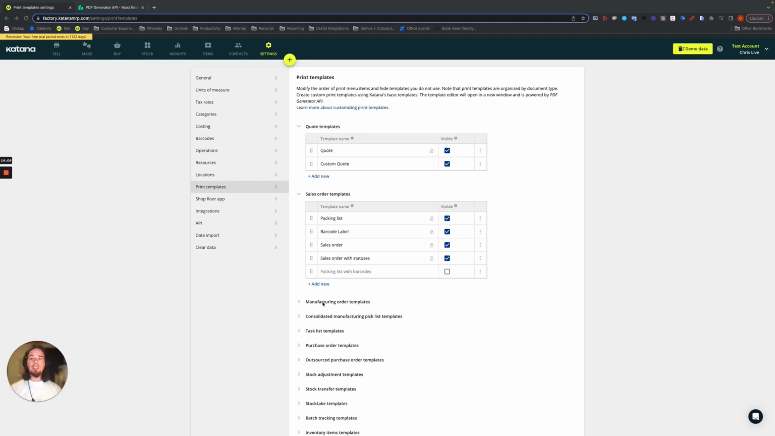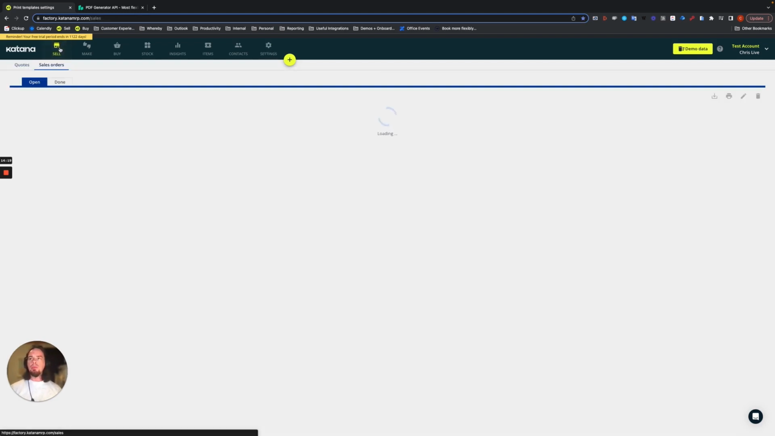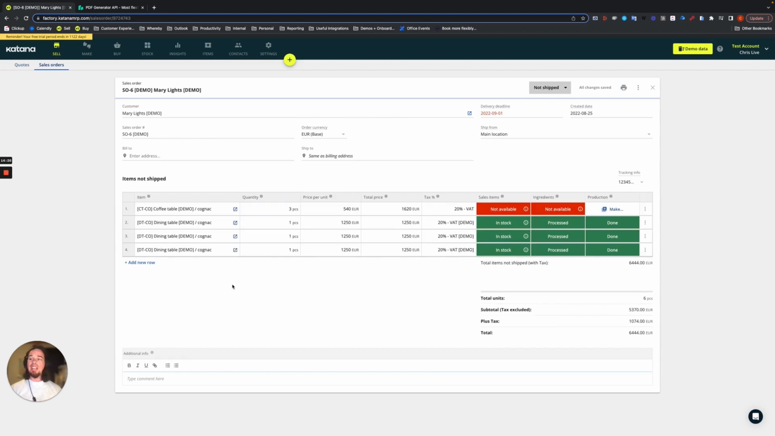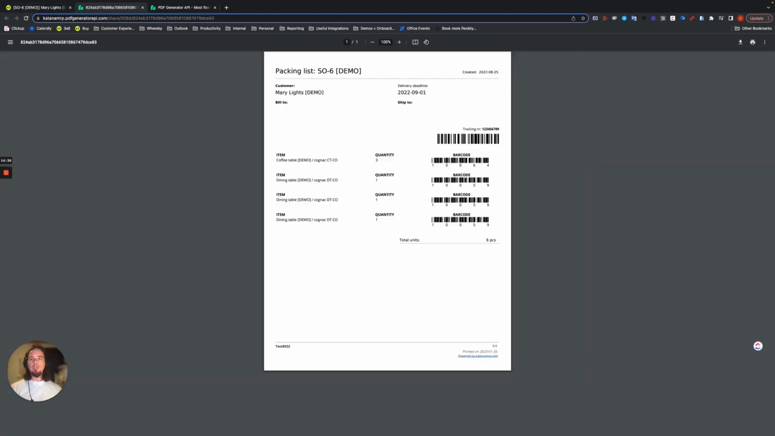All right, so heading back into the settings, what we want to make sure next is to make this PDF template visible by choosing the checkbox here. And once that is ready, we can then print out our packing list with barcodes. So taking one of these examples, we can take, let's say, the sales order number 6, which you see has 4 items in it. And when we choose the print icon and select packing list with barcodes, then this will generate a PDF for us, which will contain the item name, the quantity for that item, as well as the